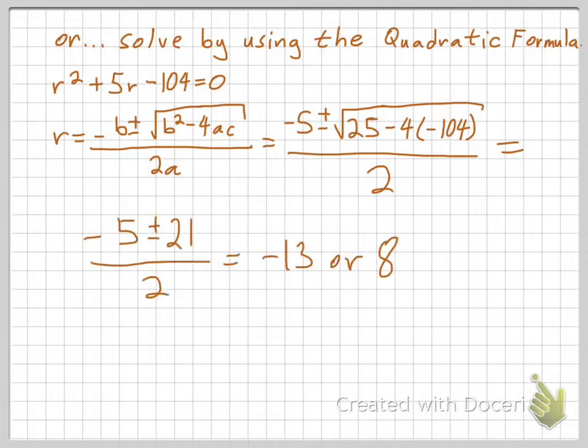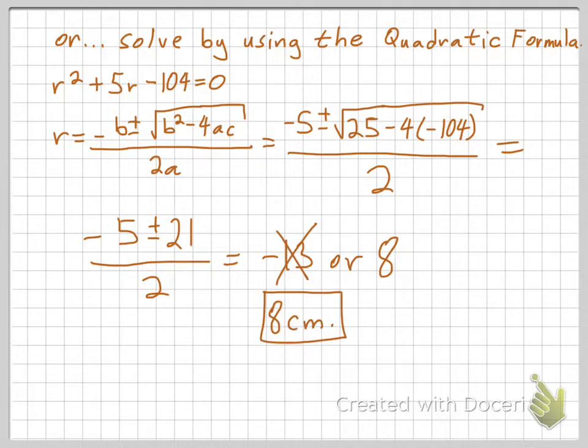And then continuing, I get negative 5 plus or minus 21. If you take these numbers and take the square root, you get 21. Negative 5 plus 21 is the same as 21 minus 5, divided by 2, and you get 8. Or negative 5 minus 21 is negative 26 divided by 2, and you get negative 13. So I still get my same answers. Again, the negative 13 doesn't make sense, so I'm stuck with